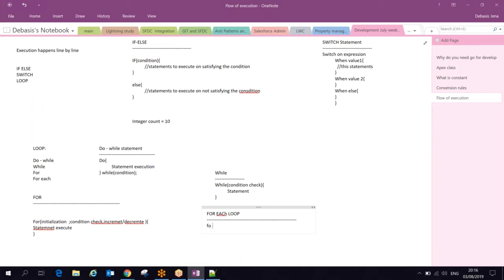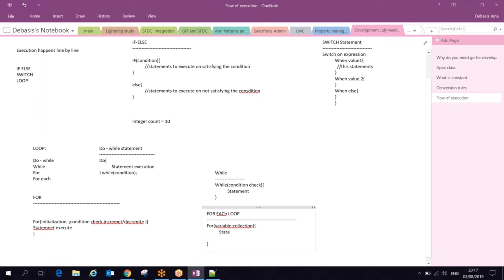See the statement like this: for, again that's a for statement only, but technically we call it a for each loop, where you see the variable. I'm just writing the statement here. Now it's my collection, then my statements are going to execute.